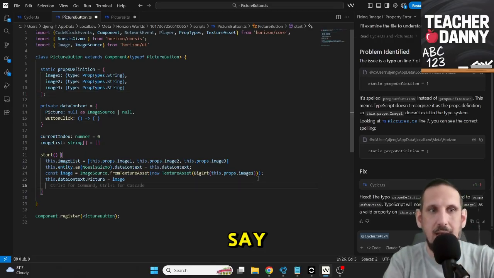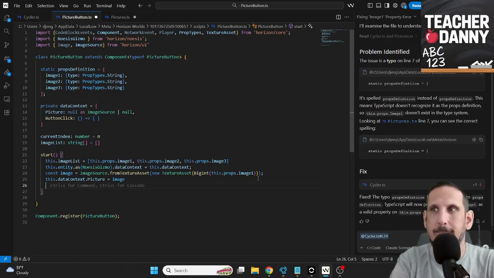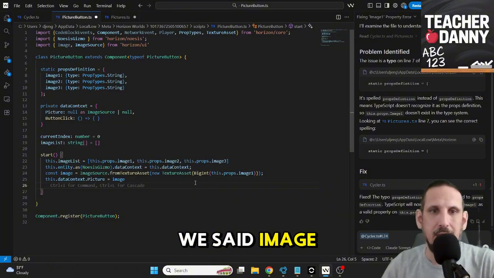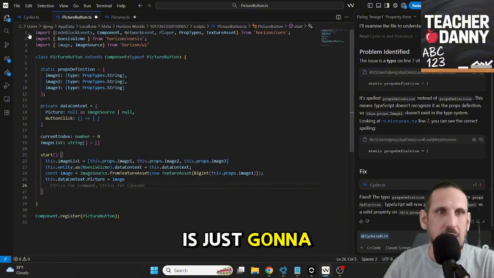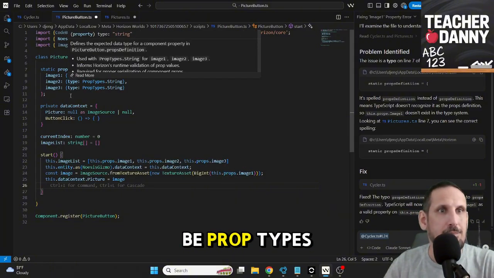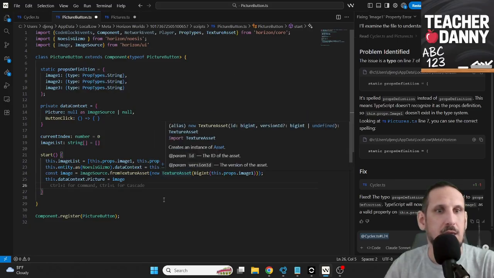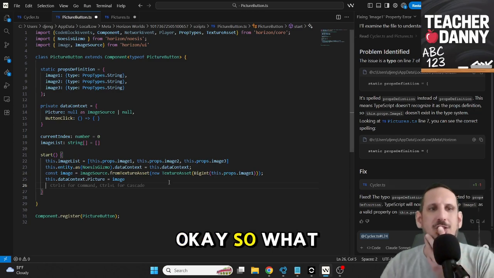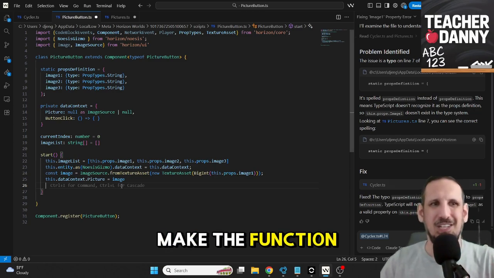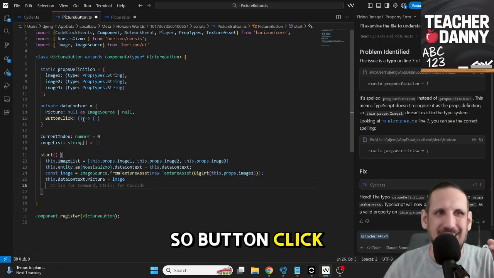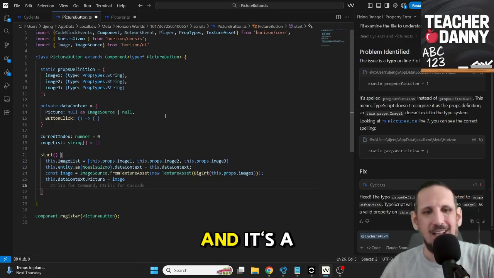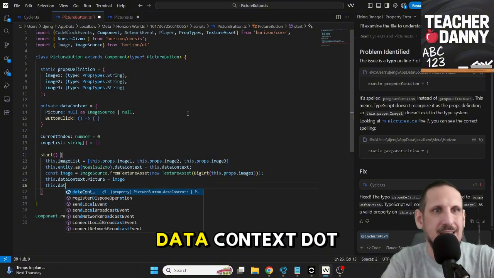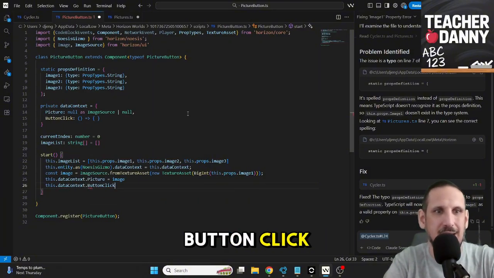Now we're going to say image. Remember before we said image is just going to be prop types dot. Okay, so we're just going to make the function here. We're going to set this function. So button click is the function, and it's a blank function. So we're going to set that. So this dot data context dot button click